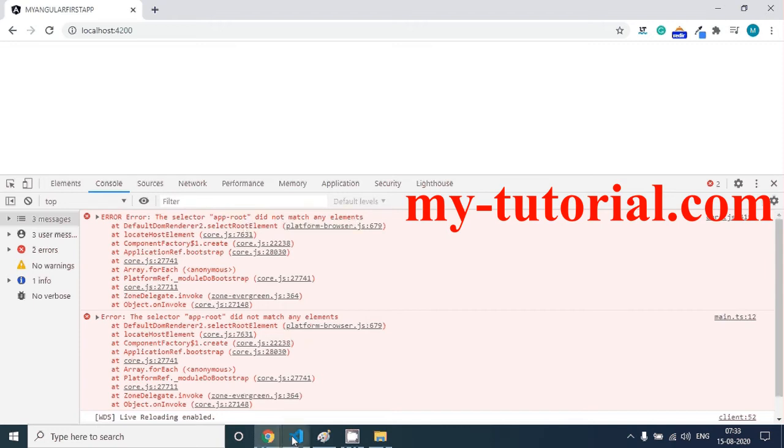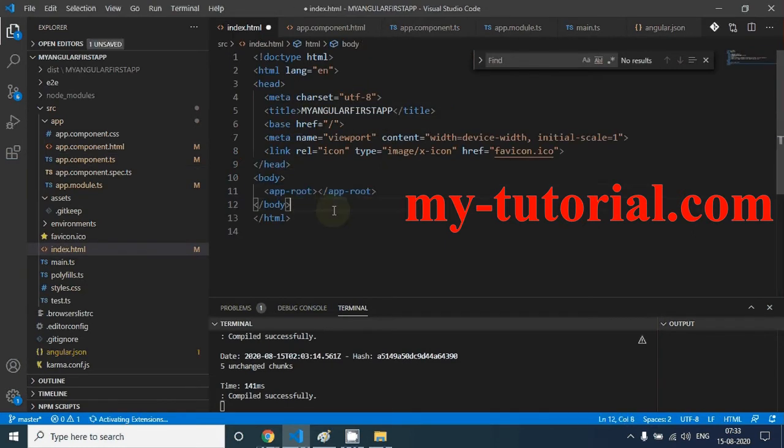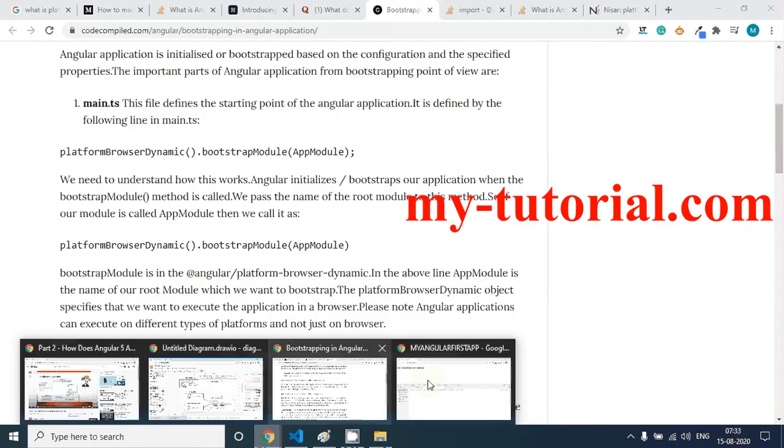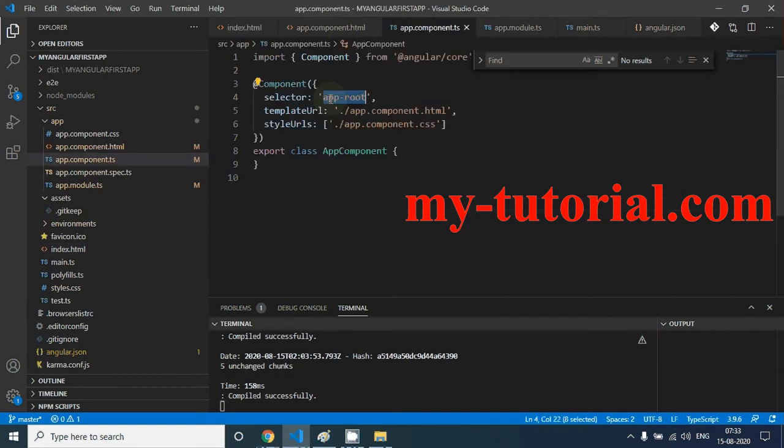This error is saying that this selector is not being used anywhere. The moment we roll back with Control Z and save this, you will be able to see it. So it proves that we need to use this selector somewhere where we want to display the content of this HTML.